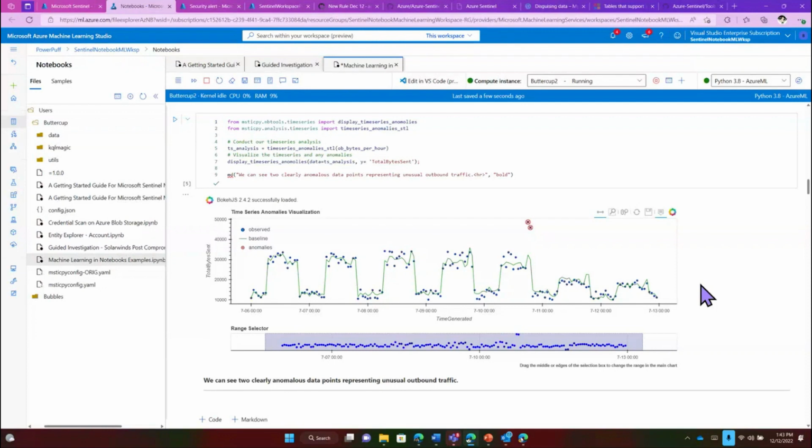So he wants to figure out which tasks should be automated, what are the tasks that his SOC analysts are doing over and over again? What are the noisy analytic rules that generate too many false positives? He just looks at data on a weekly basis from a notebook,